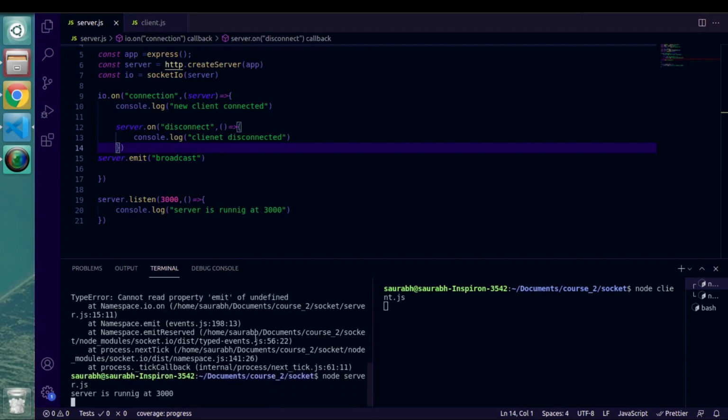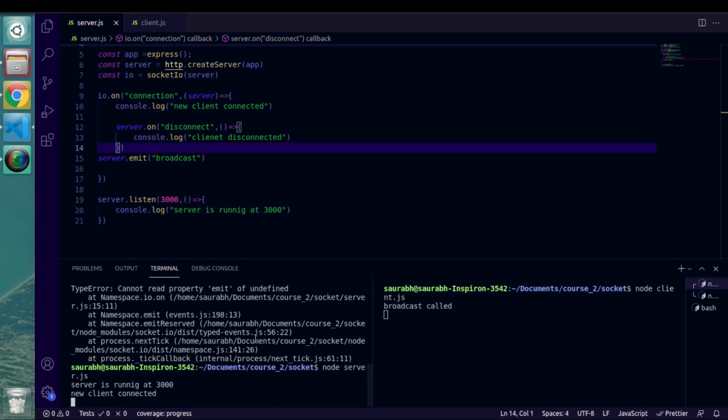Okay, so as you can see here, we got a message at the client side saying broadcast called. So that means we were successfully able to emit that particular event, and we got that instance here.